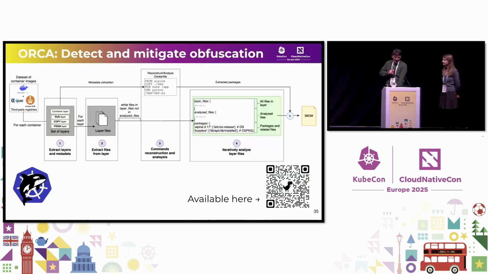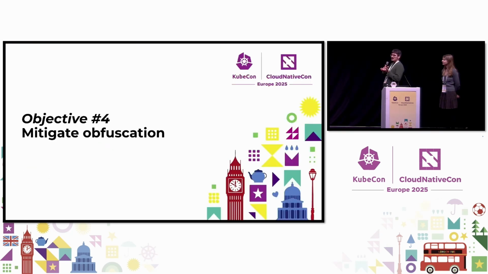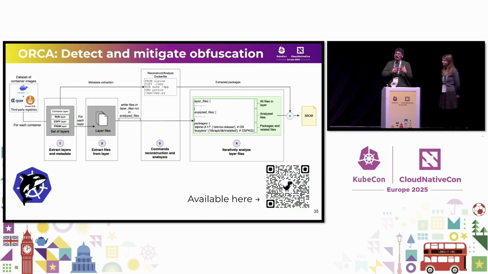But can we actually mitigate instances of obfuscation? So we know that obfuscation exists. We've seen several cases of obfuscation in open source containers. How can we mitigate it? So we kind of borrowed some of the